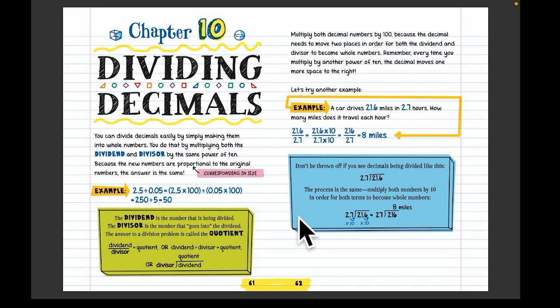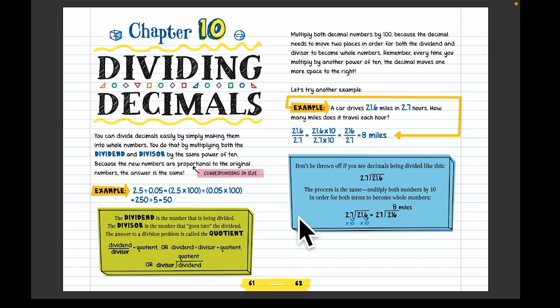Corresponding size. Example. The dividend is the number that is being divided. The divisor is the number that goes into the dividend. The answer to a division problem is called the quotient. Dividend divisor equals quotient, or dividend divided by divisor equals quotient, or divisor dividend quotient. Multiplying both decimal numbers by 100 because the decimal needs to move 2 places in order for